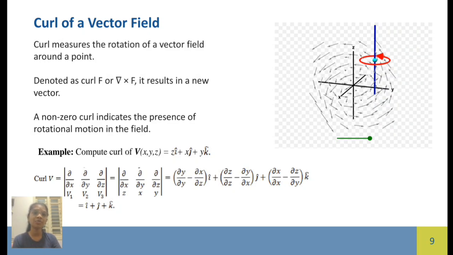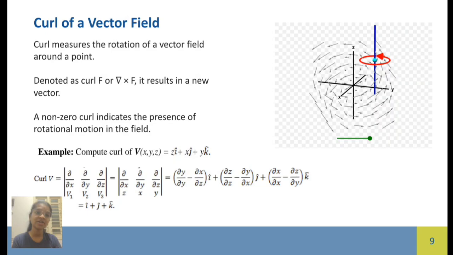Example, compute curl of V(x, y, z) = z i + x j + y k. Curl V is the determinant of the matrix with rows ∂/∂x, ∂/∂y, ∂/∂z and v1, v2, v3. When we substitute v1, v2 and v3 as z, x and y respectively and solve the matrix, we get